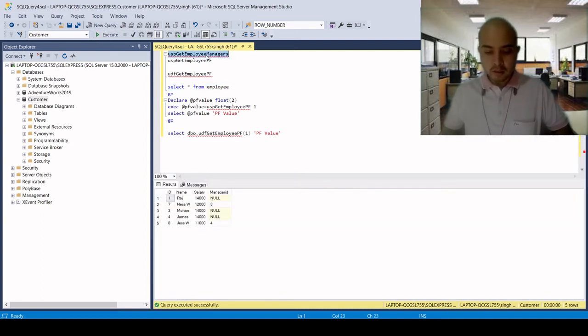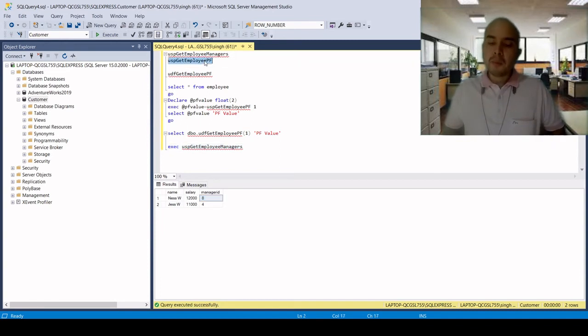This procedure will return the managers. So let's execute it with exec, as we have seen, and there are two records who are managers in the table.